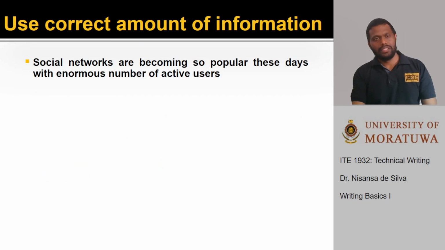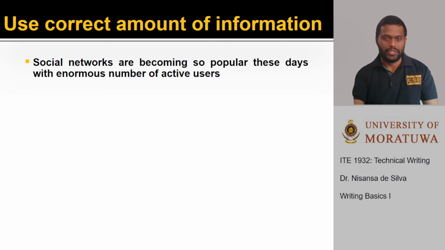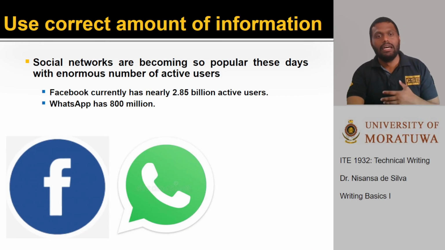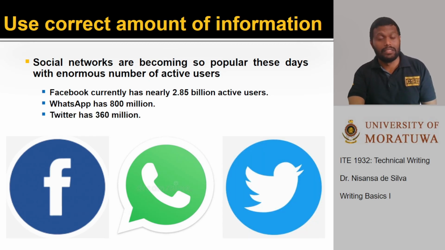The next point is to use the correct amount of information. Social networks are becoming so popular these days. Enormous number of active users. Facebook has nearly 2.85 billion active users. WhatsApp has about 800 million. Twitter has about 360 million. So